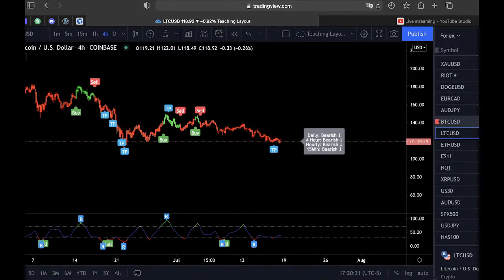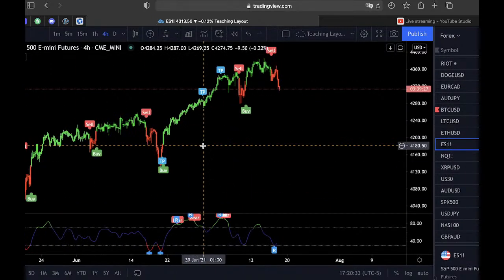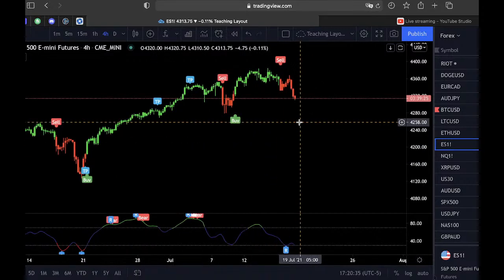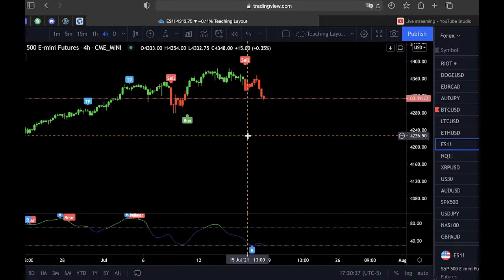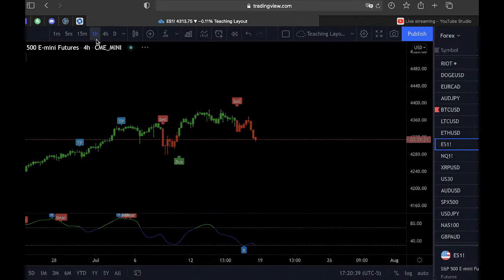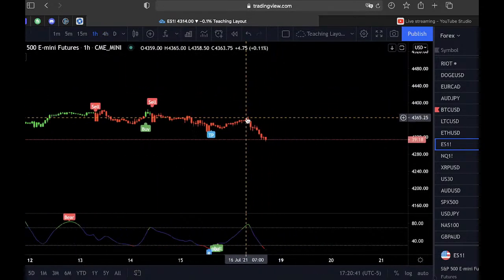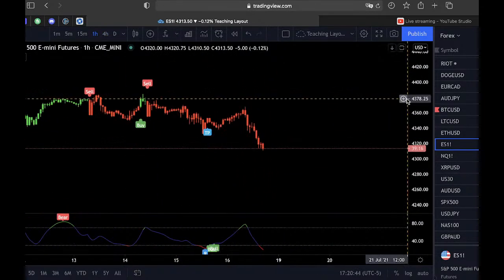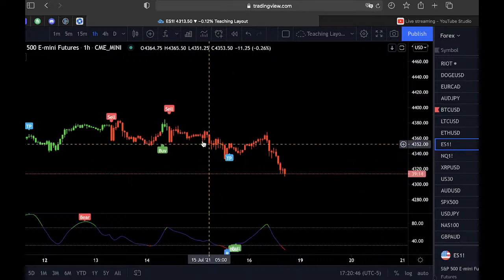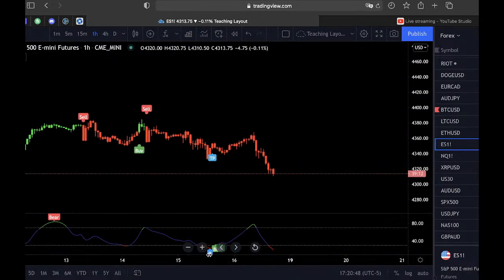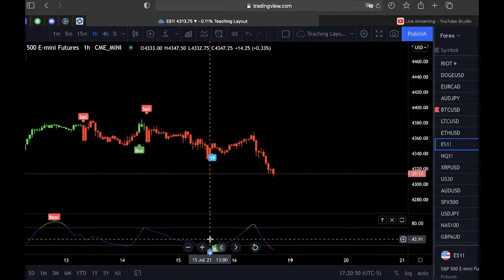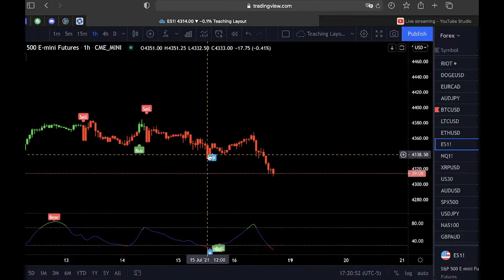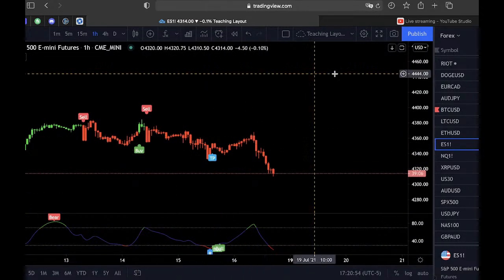So I'll go to ES because it probably is more applicable to a lot of what people are using. In this example, I probably use it on the 1 hour most of the time. So in this example here, you've got double confirmation. You have your take profit on the downtrend. You have your pivot-based reversal, and you have your bullish divergence. So if you would have bought it in this zone and caught the ride up, that would have been a